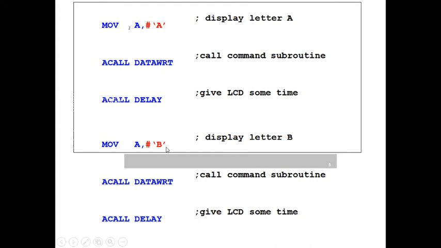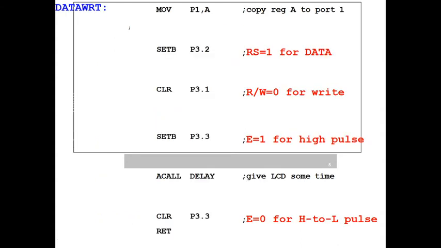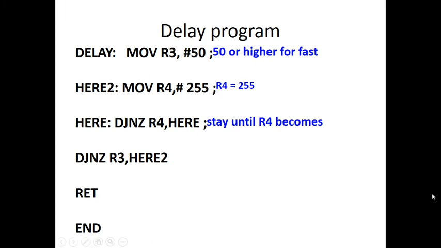Then the second character which you want to display, take into the accumulator, then call data write. Now B is passed to data write, and then B will display, then call delay, then next one is C, then next one is D. In this fashion you are giving data one by one, which you want to display. According to that I'll generate my code along with the delay program.